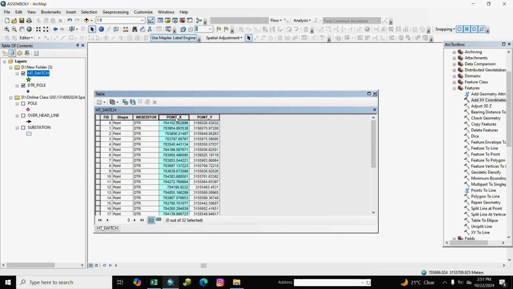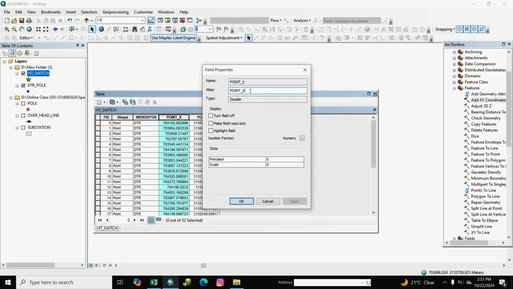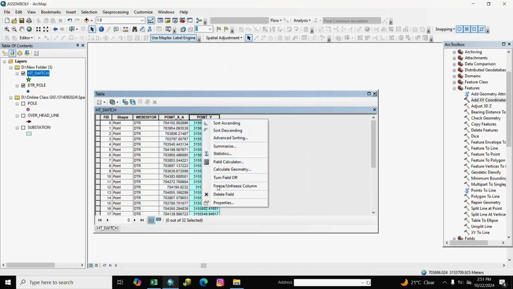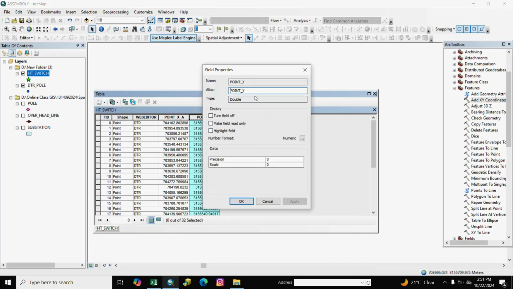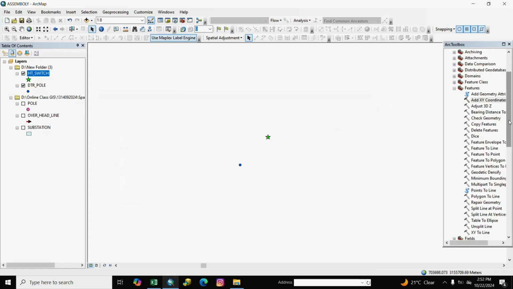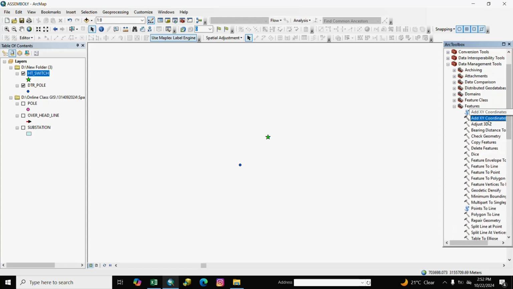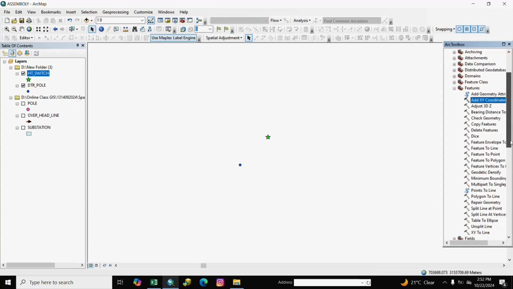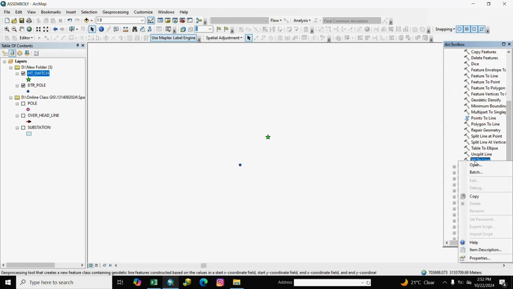We change some names for X point underscore A, underscore A and OK. Close it and we go to data management feature and go to XY line.